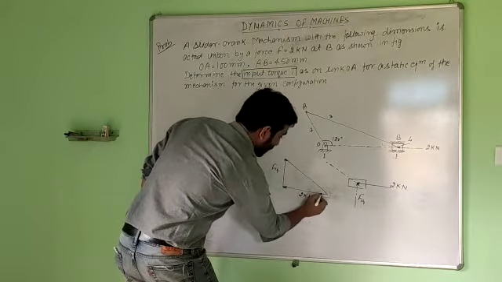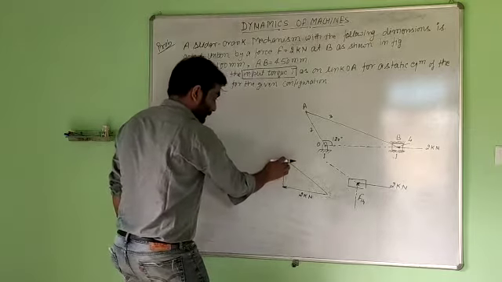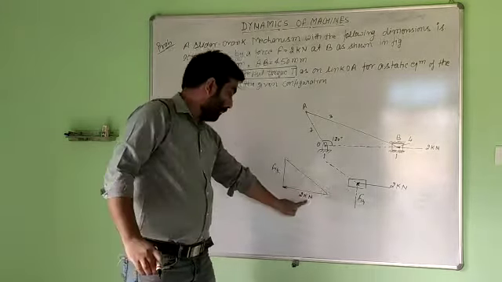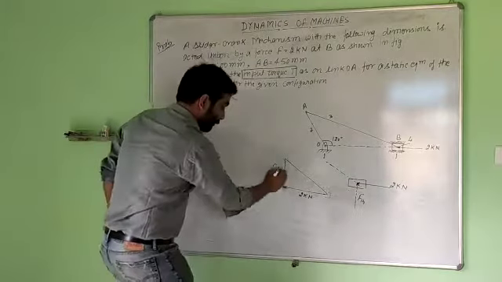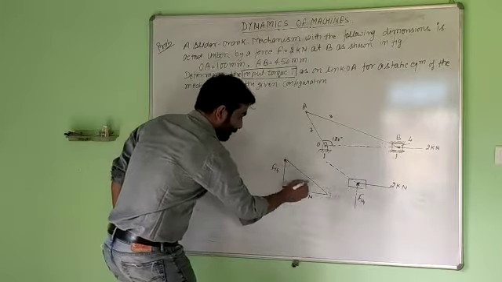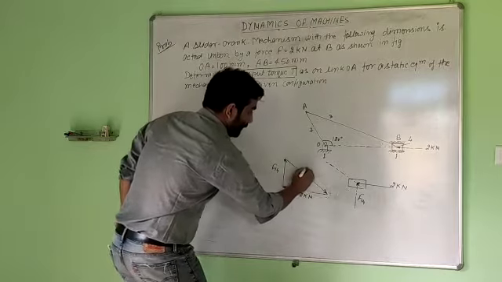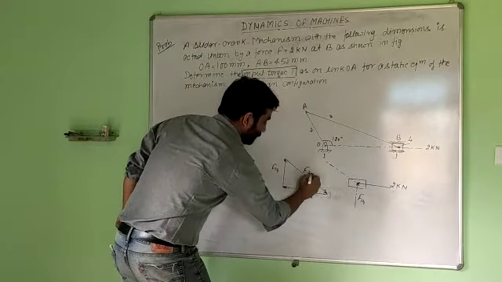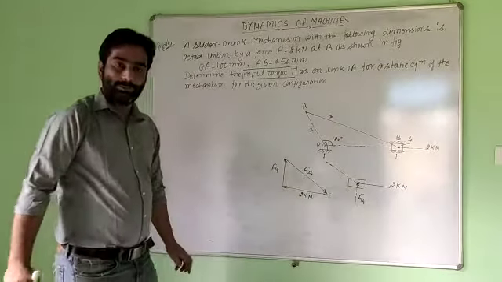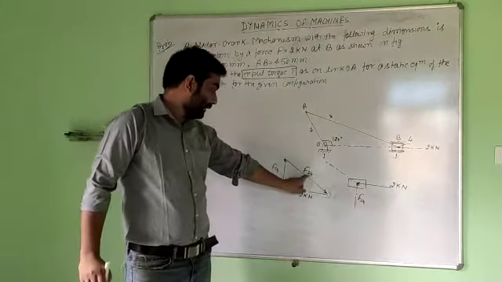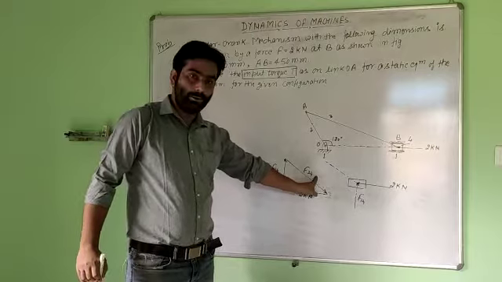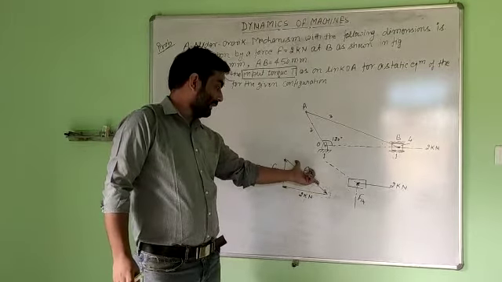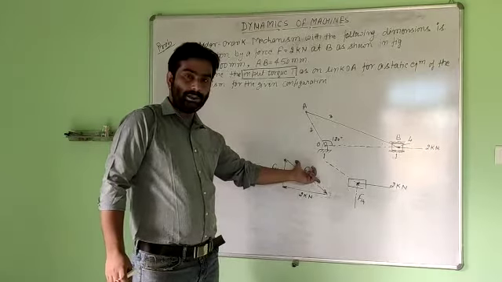So we are having force. In the starting position, we don't know the direction of F14, but for a closed triangle, this should act in the upward direction. This should act here. So we will get a force F34, the force by the member 3 on the member 4.